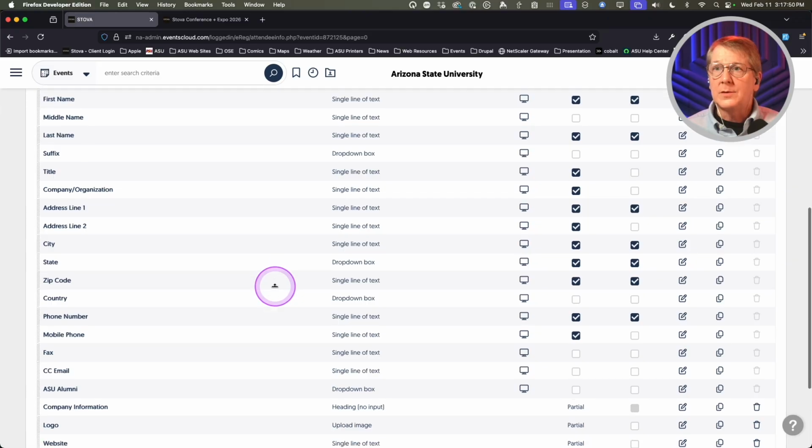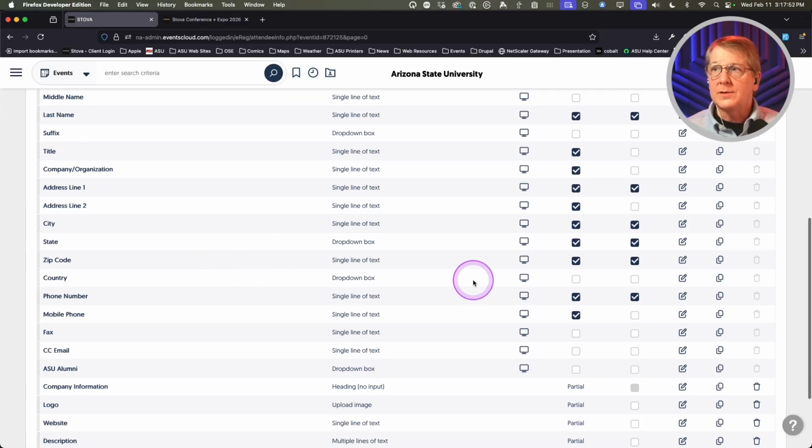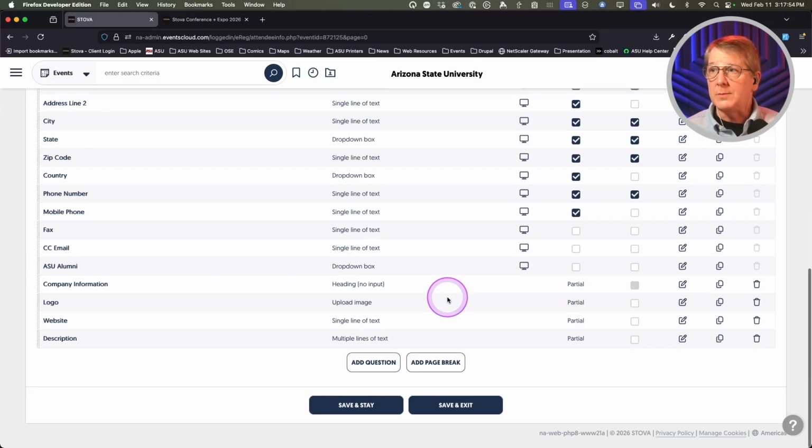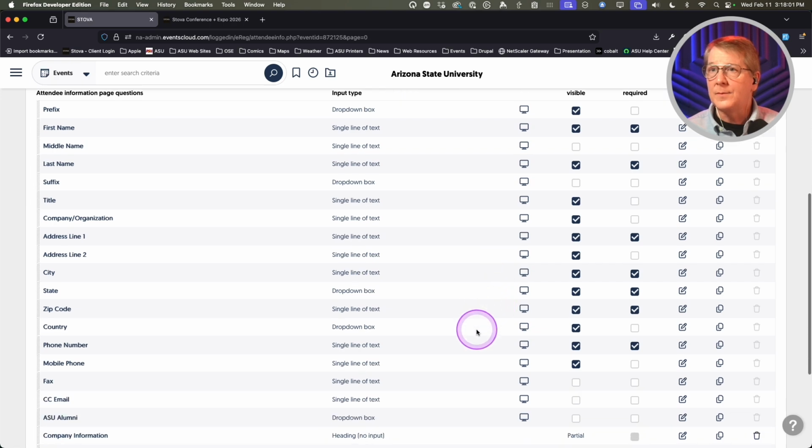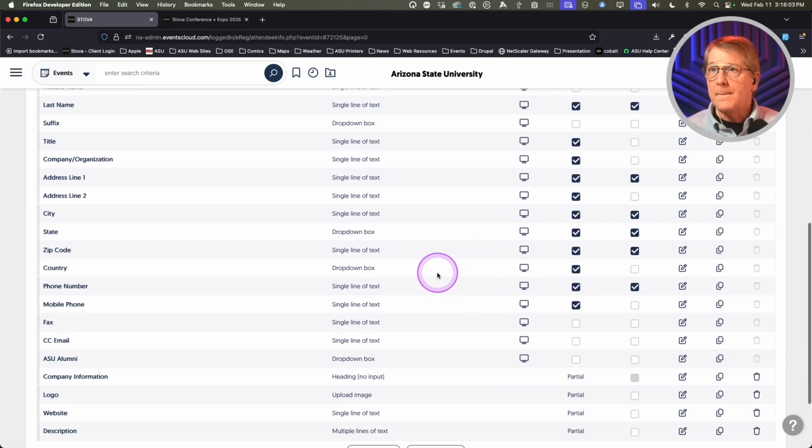Now, I said I wanted to do some work for countries. First of all, I should activate it so people can tell me that. And that's how I make countries visible. That easy. But if I'm doing international, I need to adjust this field. And remember I was saying you can use but don't abuse